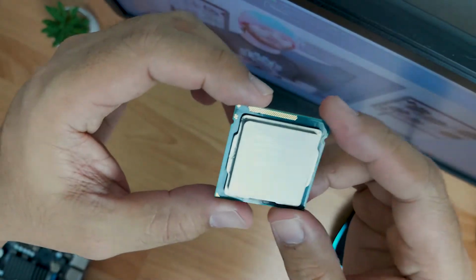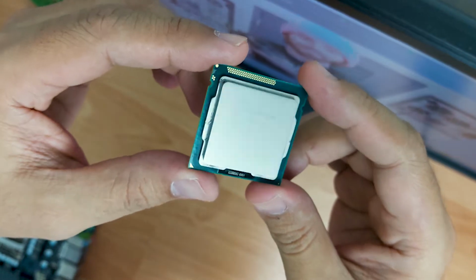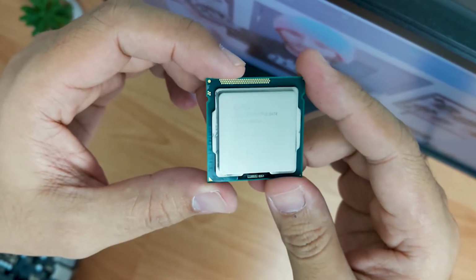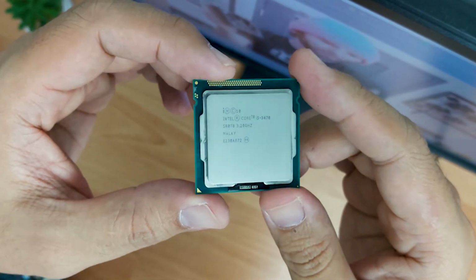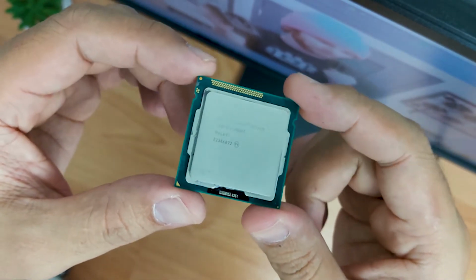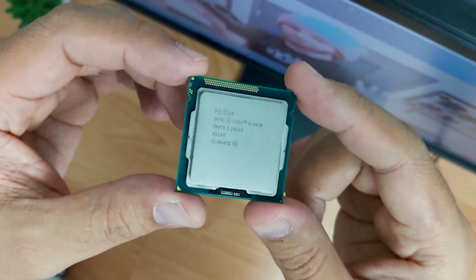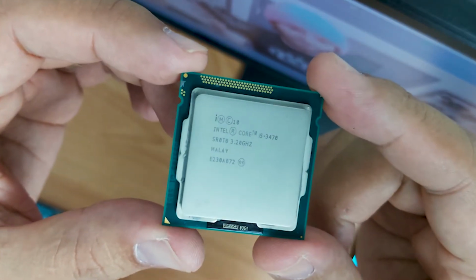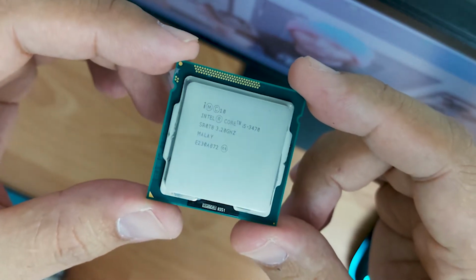So a bit of context for this build. The PC that I used in the past had an Intel i5 3470, and these processors were released back in 2012. So imagine the age of this processor. But spoiler alert, it's fairly good to this date if you're going to use it mostly for Microsoft Office or light gaming. The point of this build is I wanted to revive my old PC but into a small form